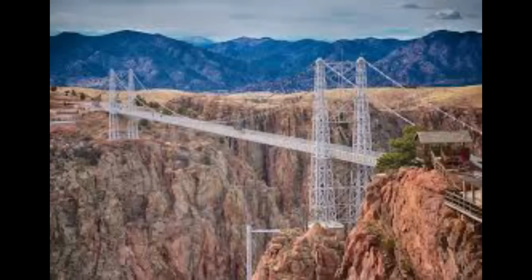There was an historic incline railway at the Royal Gorge in Canyon City, Colorado. George Cole of the Royal Gorge Bridge and Amusement Company was given credit for the design and supervision of the construction first of the Royal Gorge Bridge, at the time the world's highest suspension bridge, composed of 2,100 strands of wire that are anchored in granite walls and suspended from 4 towers rising 75 feet or 23 meters above the roadway. It was said to have been constructed between June and November of 1929, which would have been the year